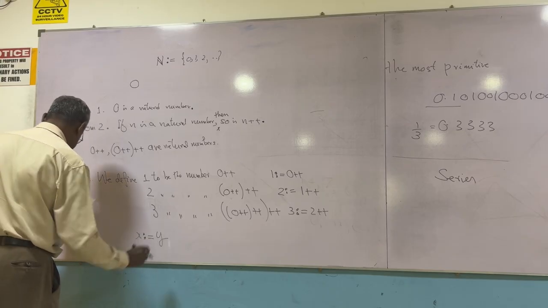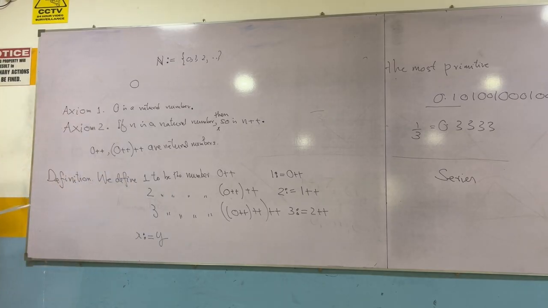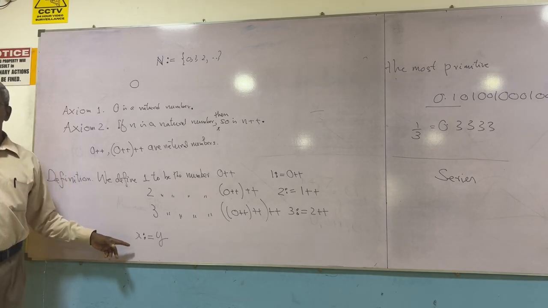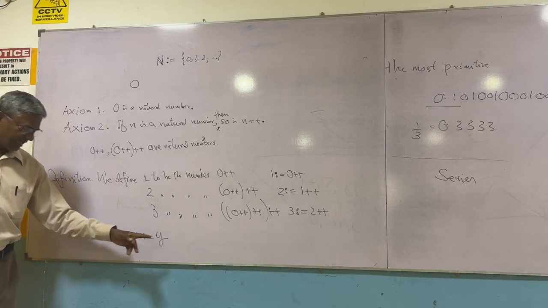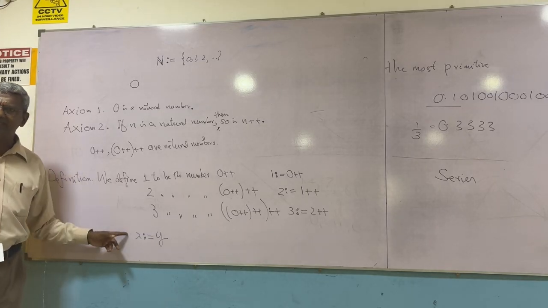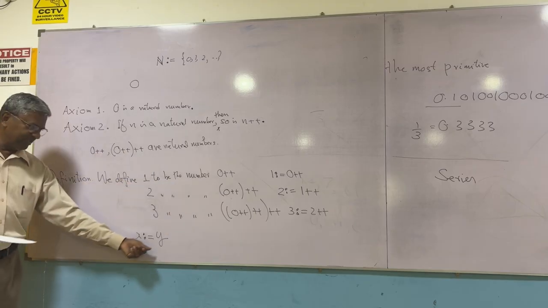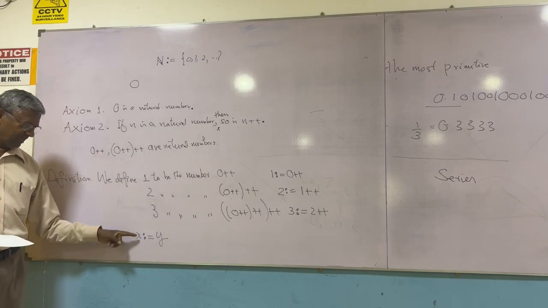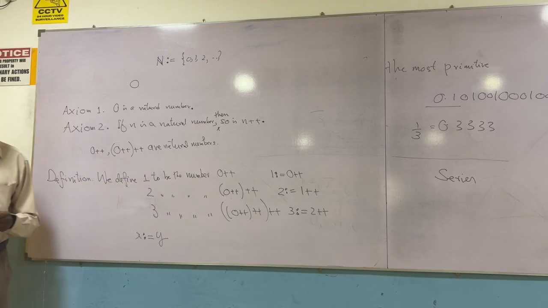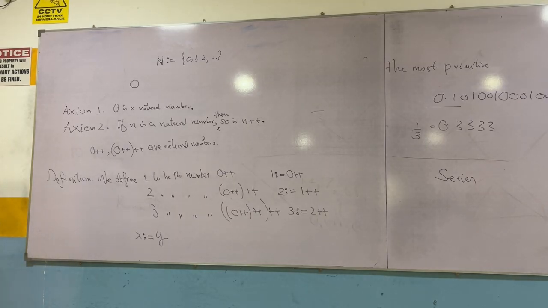If he writes this thing, it denotes the statement x is defined to be y. Y is something we know. What is x? X is y. That is the meaning of this. You need to get used to his notation. This doesn't go on for a long time, so don't worry if you don't like it that much.